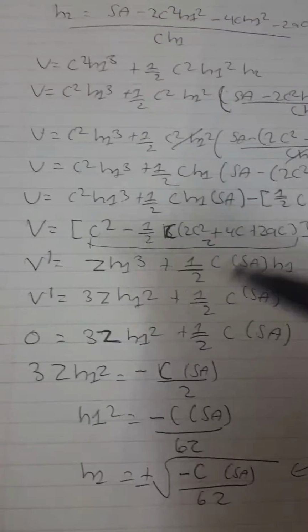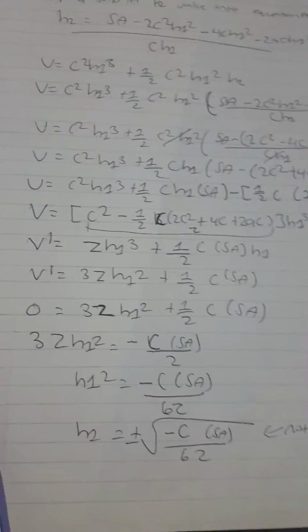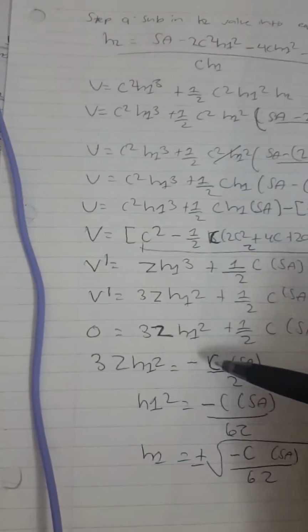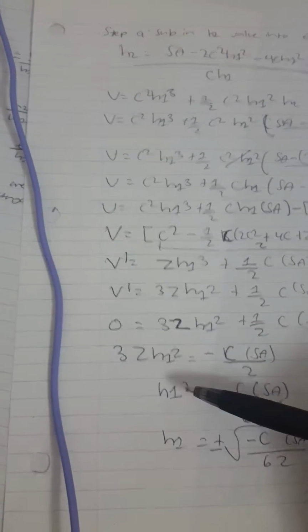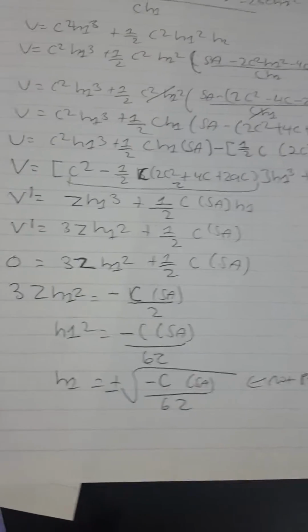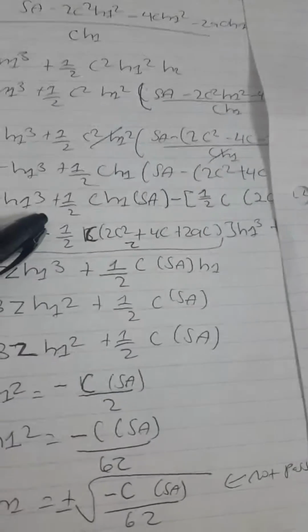Okay. Now, you're going to set it equal to 0. You're going to do that because you want to solve for h, obviously, and then you can find your volume. So after doing that, you're going to put it to 0. You bring this to the other side. Then afterwards, you divide it by 3z to get h1 by itself. You square root it to get h1 by itself. So if you recall, I call this z. Now, this is our final,